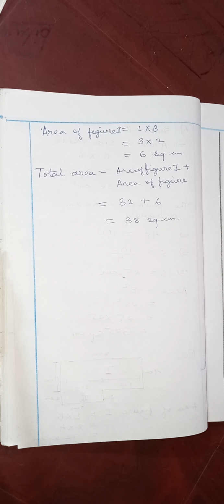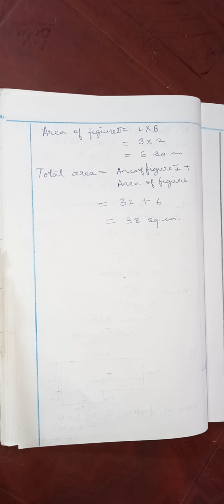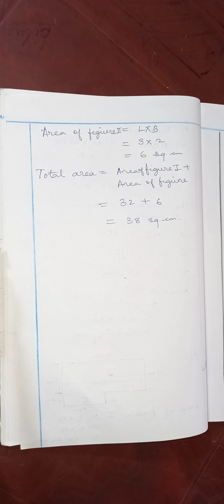So you have to do question number 16b and c as your homework. Okay, children, that will be your homework. Got it? And question number 17 you don't have to do. Children, you don't have to do question number 17. So you just have to do the questions which I have said in the video.